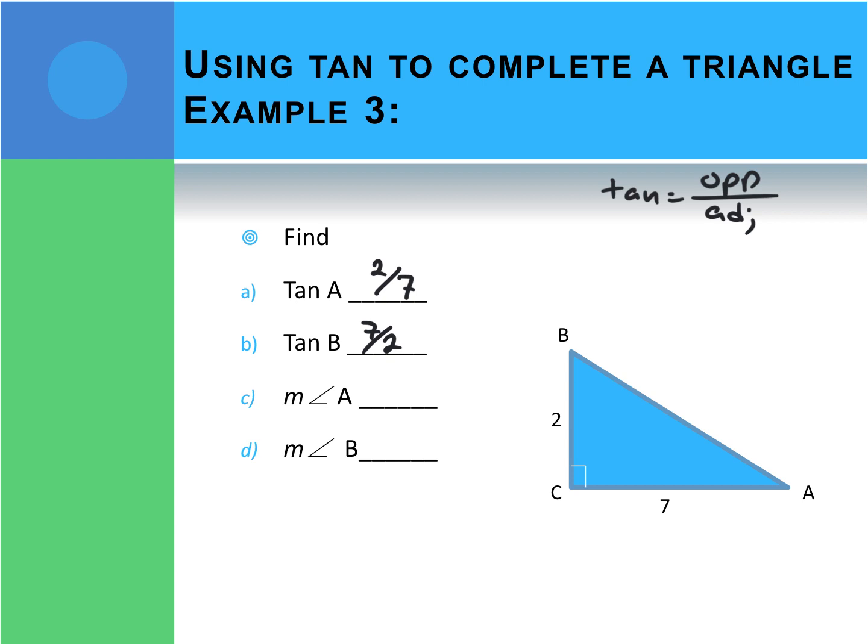Now, for angle A, our tangent is 2/7. You can put in your calculator tangent inverse of 2/7, so second function, tangent, 2 divided by 7, close parentheses, and you're going to get a 15.9 degree